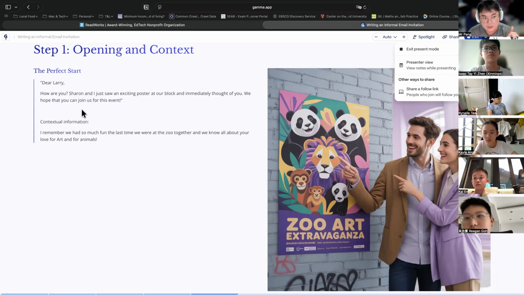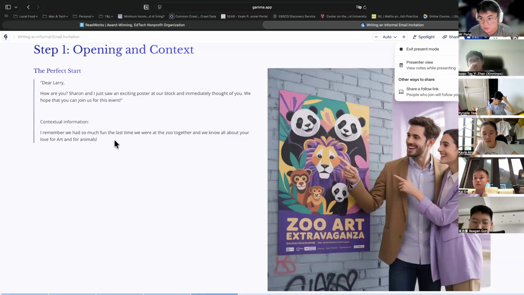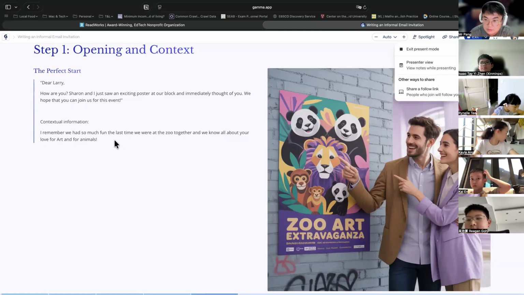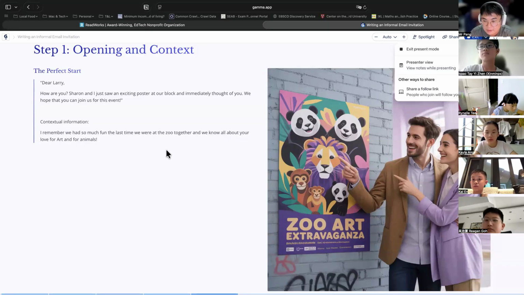It's going to, again, say salutation, polite statement, contextual information, purpose statement. And then the more contextual information to support the purpose statement of why I want my cousin to come with us for this event. All right. So far, everybody okay? Right? 10 minutes and I'm landing this plane. Right? If no questions, can I move on to the next paragraph?